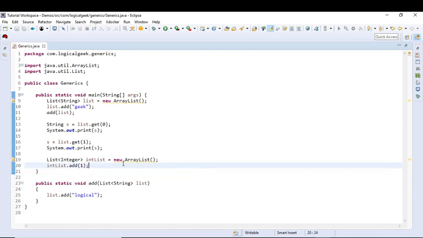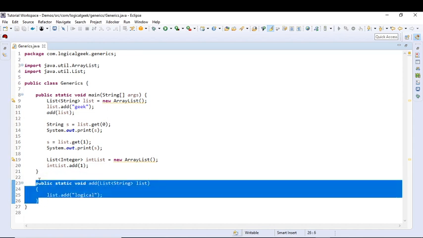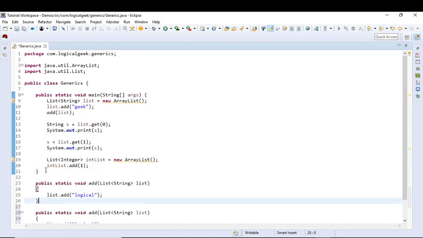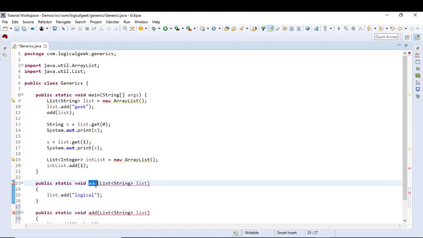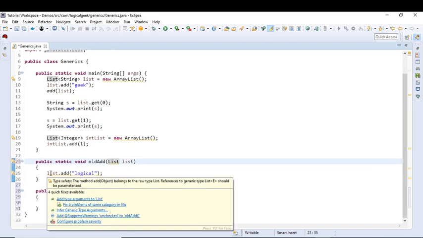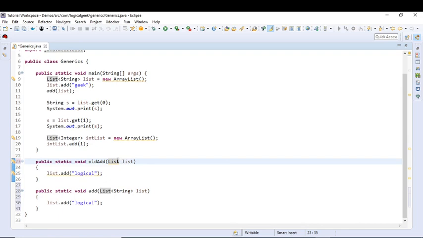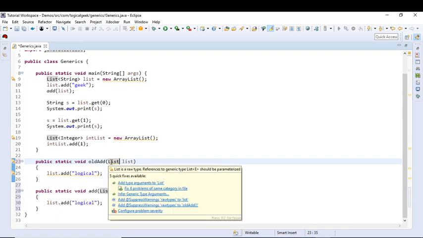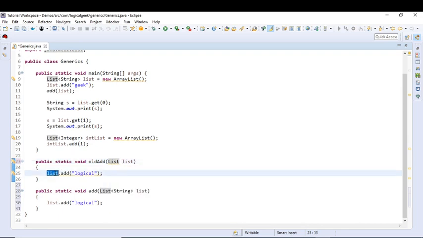Now what if we had an old method in our application which takes a non-generic collection and adds values to it? For example, if I copy this method, change the name of the method and remove this. So this is now a non-generic collection. We can now add any type of object to this.